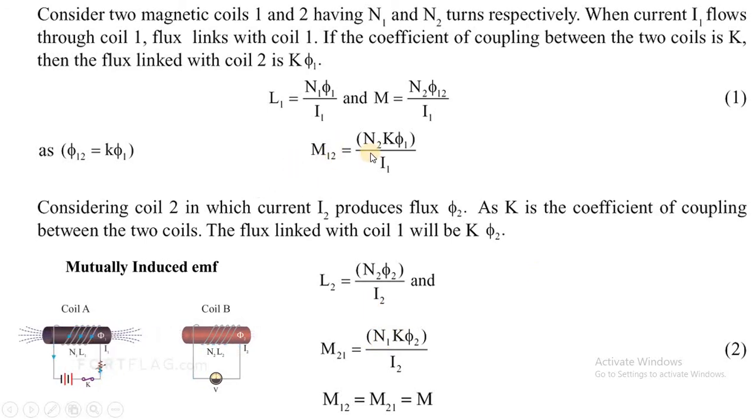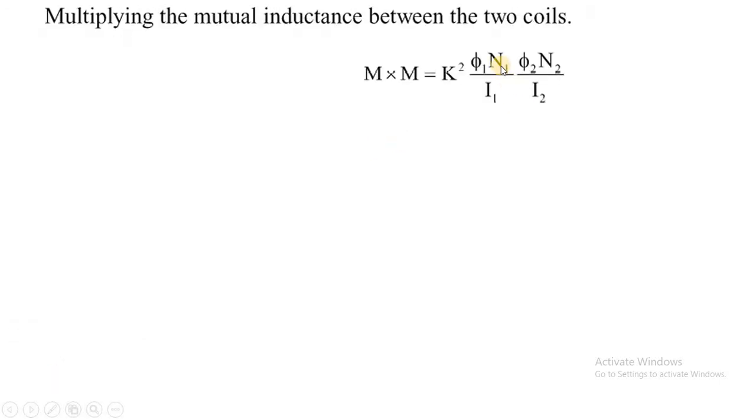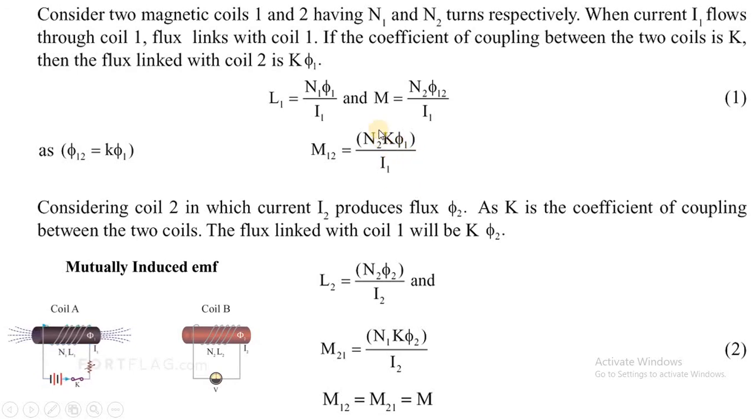Okay, now for more simplification, what I am going to do? I am going to only change the position of N1 and N2. So here in the bracket it was N2 that I have taken with phi 2, and with phi 2 actually N1 was there, that N1 I have moved from phi 2 to phi 1. I only changed the positions of N1 and N2. See, previously N2 was with phi 1 and N1 was with phi 2. I have only shuffled their position. What I did, I have taken the N1 along with phi 1 and N2 along with phi 2.